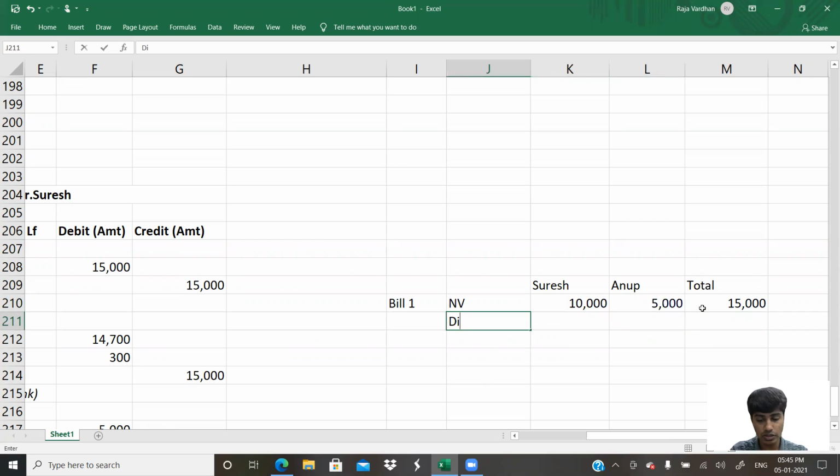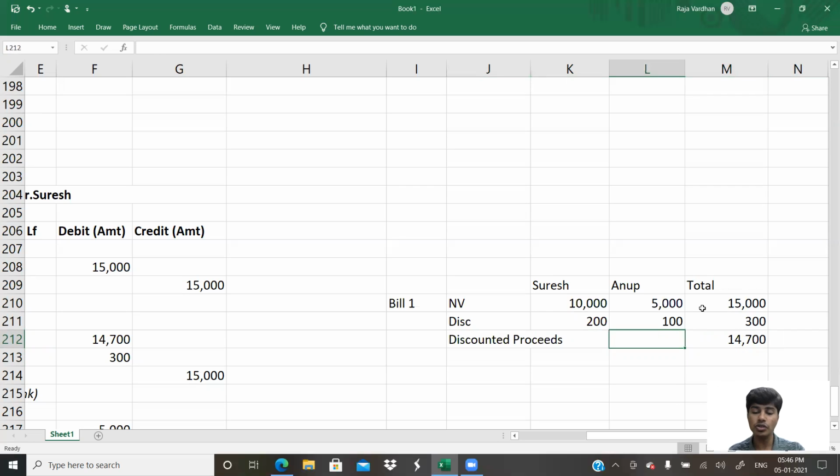Then what is the discount charges on that bill? 300. The 300 also should be shared in the same ratio. He has to take 200 expense, this guy has to take 100 expense. So discounted proceeds. How much is it? Discounted proceeds would do. So you would receive